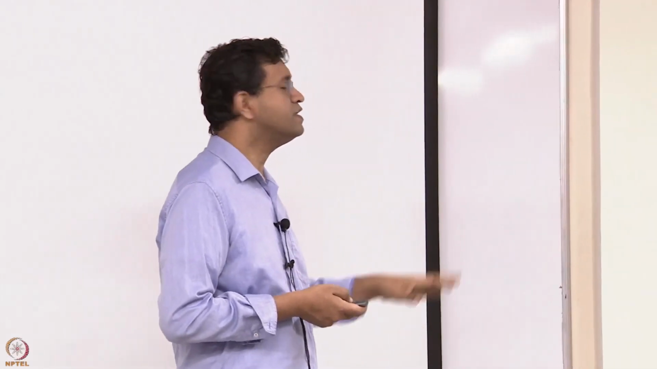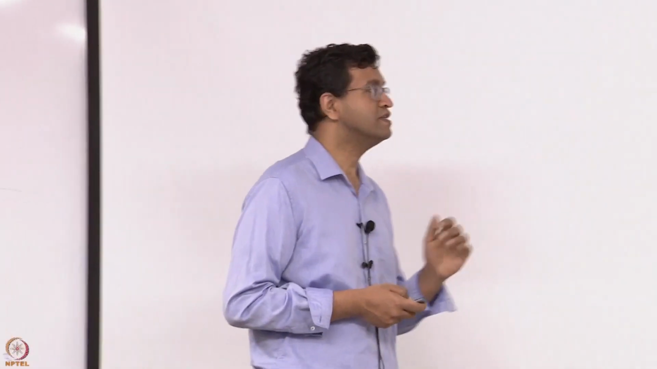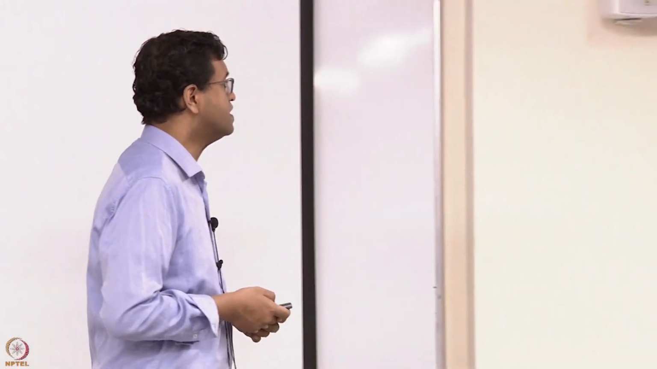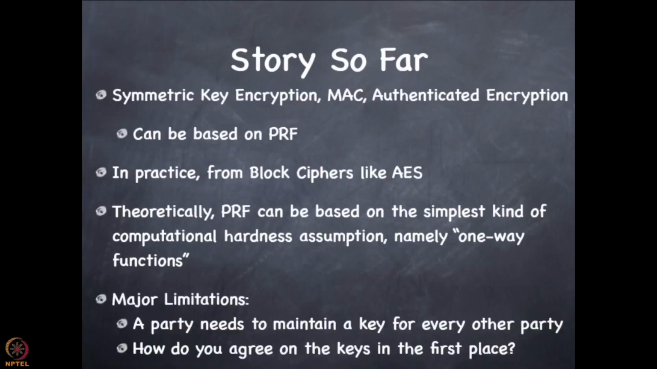So in theory, that's all that's needed. In practice, you don't do it because those constructions are very inefficient, practically speaking. All right, so this looks like a good situation. We know how to encrypt and authenticate. Everything can be built on block ciphers, even though it's a heuristic assumption that block ciphers are a PRF. Seems to be good. However, this comes with a major limitation,